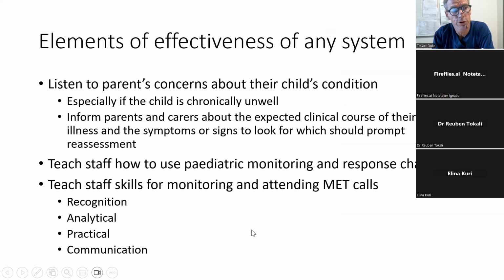The other important thing about identifying seriously ill children is that we need to listen to parents' concerns about their child's condition. Joy's family, this girl's family, had major concerns and voiced them many times about her having a persistently high fever. And I think that's very valid. If a child has a bit of fever and that fever goes down, then they're probably improving. But if they have ongoing very high fever, then that is